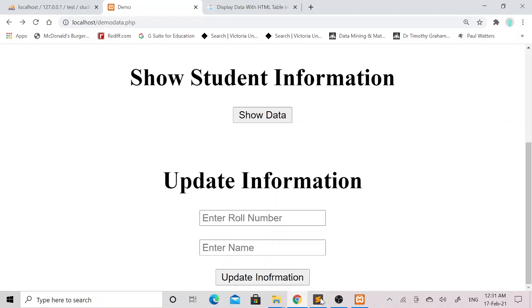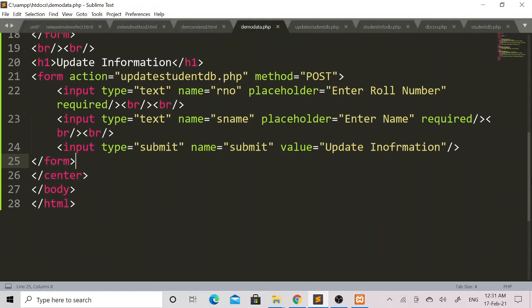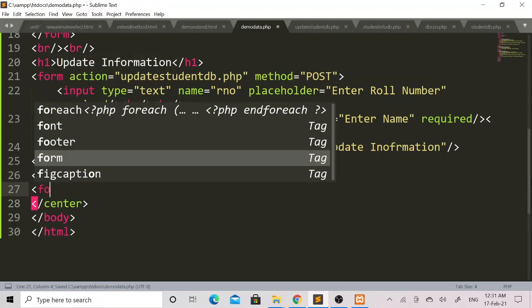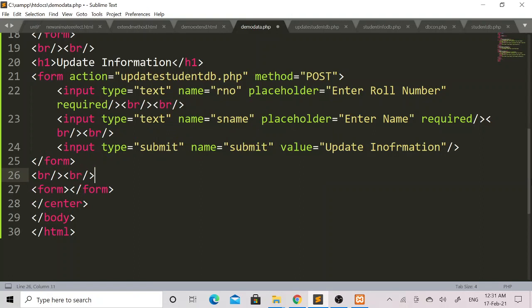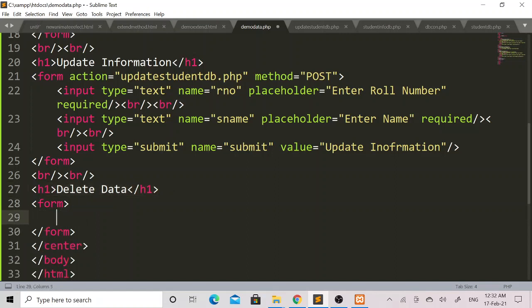Now to execute the delete query in this demo data.php, after the update information form tag, again I will add another 2 break tags. Then I will add the next form tag. Before that, I will give one heading within an h1 tag, that is delete data. So I have given delete data as a heading within this h1 tag, and within this form tag